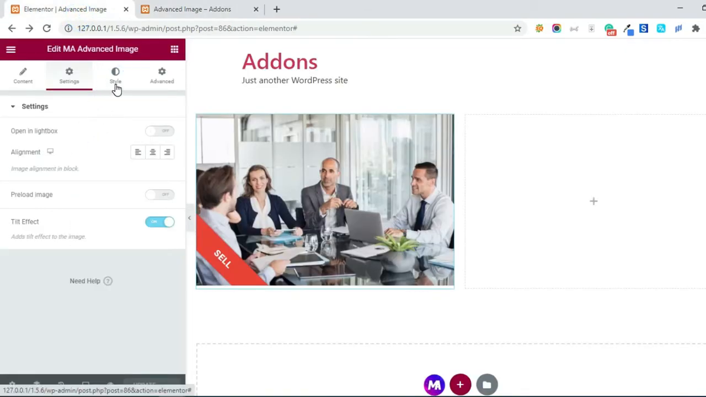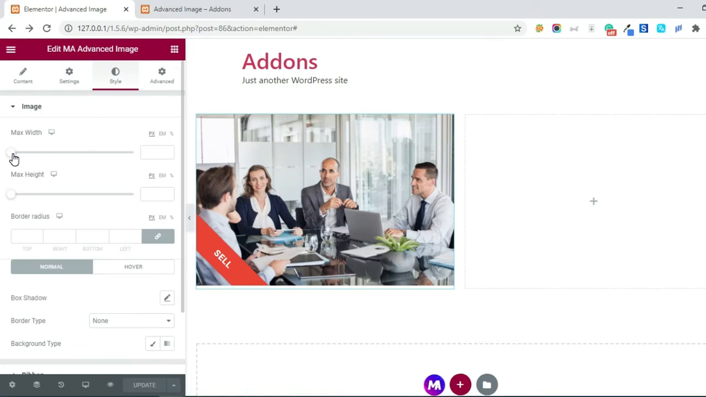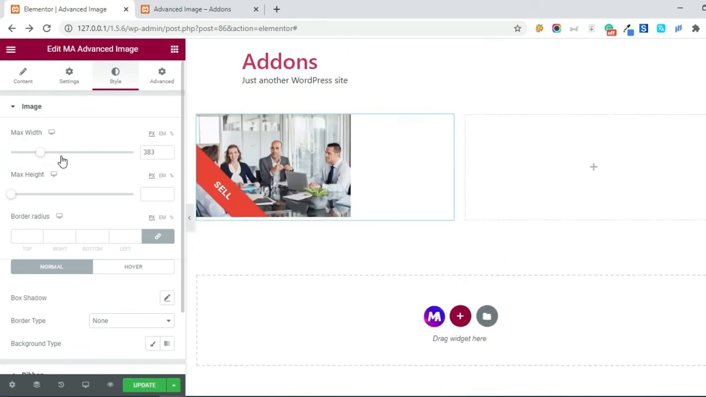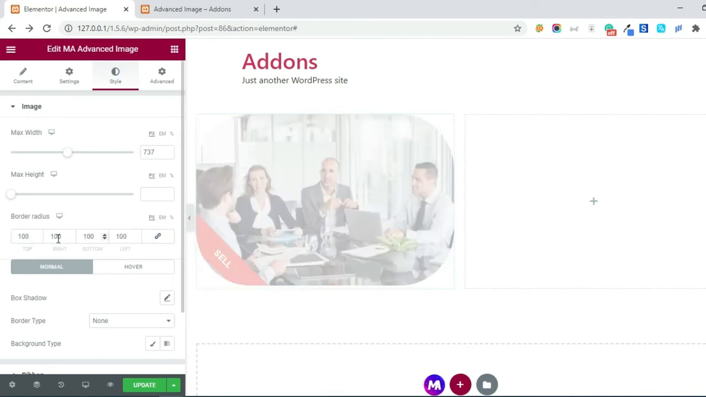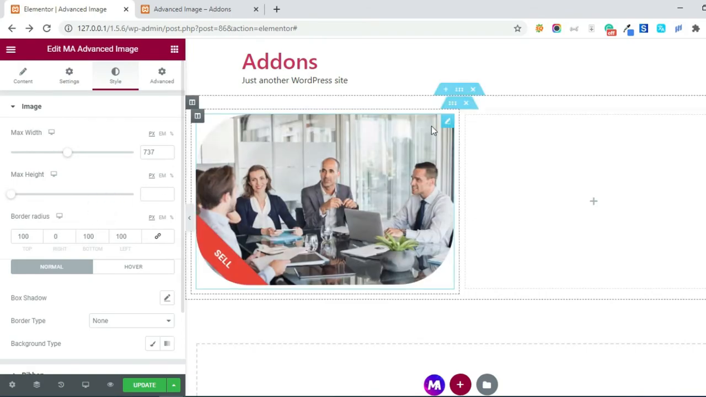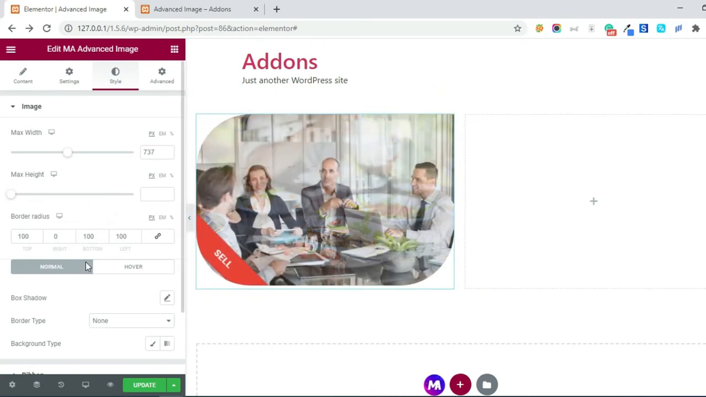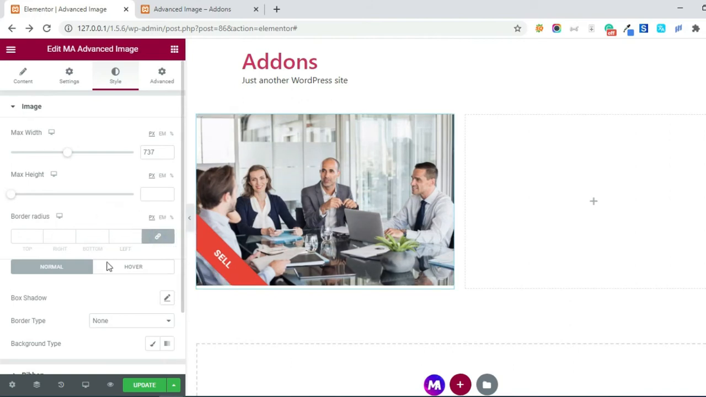From the style, you can manage the width and height of your media file, then define border radius, and you can individually set border radius too. So I'm setting 100. Okay, let's just uncheck the link and set 0, and now you can see the corner is 0 and everything else is 100. Okay, let's just remove border radius,